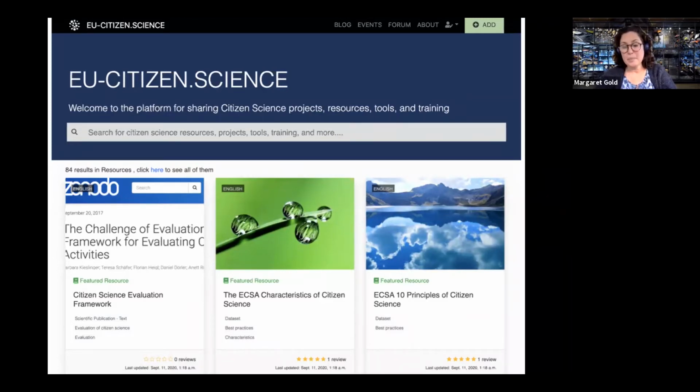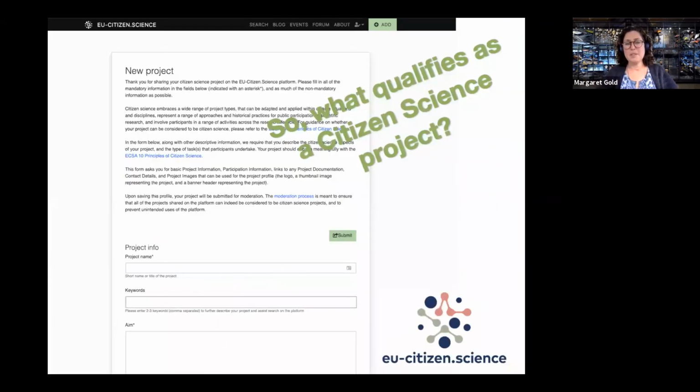And when we embarked at the beginning of this project, we have a number of ways that we're inviting people to share information with the wider community. And here you see an example of our profile form for sharing a citizen science project. And it was really clear from the start, it begs the question, what is a citizen science project? We were going to need to be able to communicate clearly with the community what is considered to be a citizen science project and what is not. And we had a few things that we thought about that right from the start.